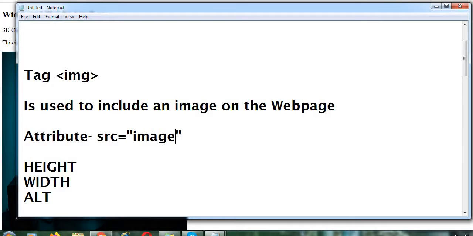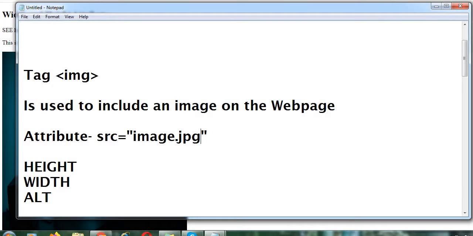If you have the image in the same folder where your HTML file is saved, then you can just directly give the name of that image file. Assume the image file name is image.jpg, then you will write src is equal to, use the quotes, and in between the quotes you will put the file name of the image.